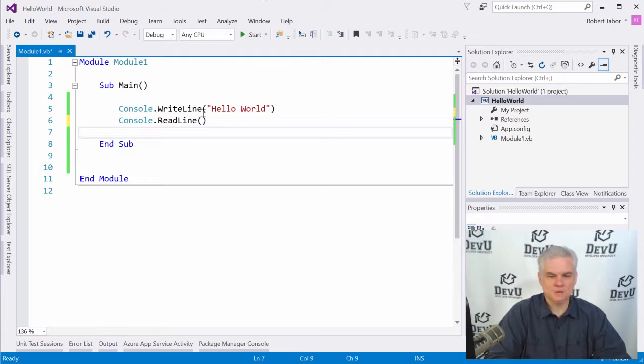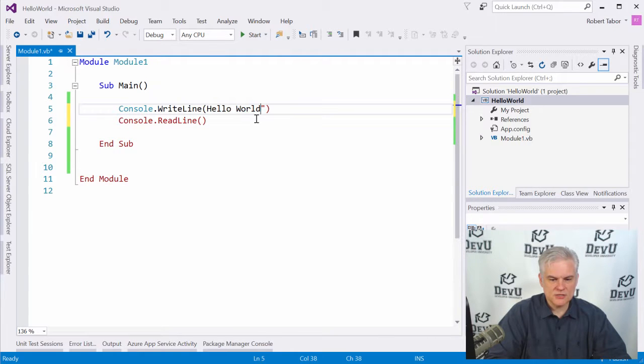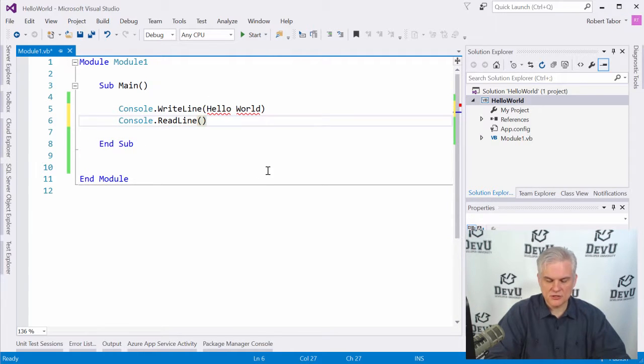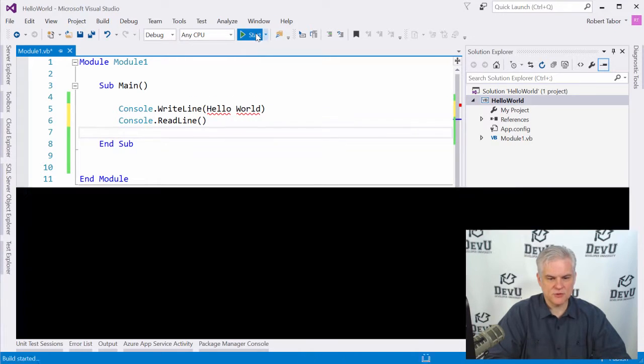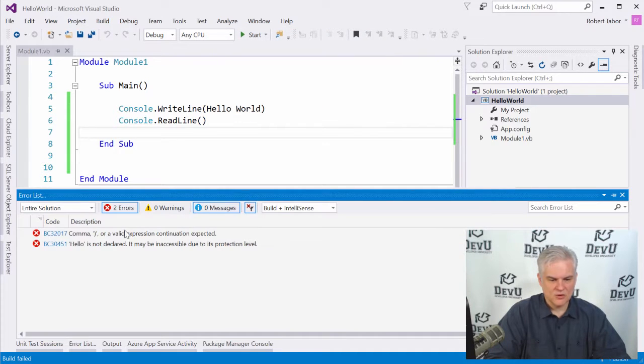All right. Or perhaps you didn't use double quotation marks and you see that Hello World has no double quotation marks around it, and you get two different error messages whenever you attempt to run the application. One says something about a comma, the other one says Hello is not declared, it might be inaccessible.